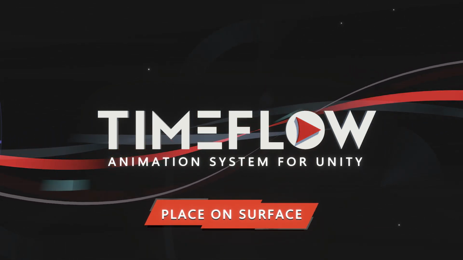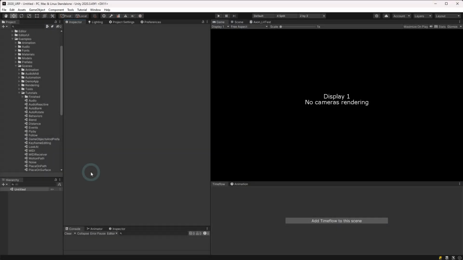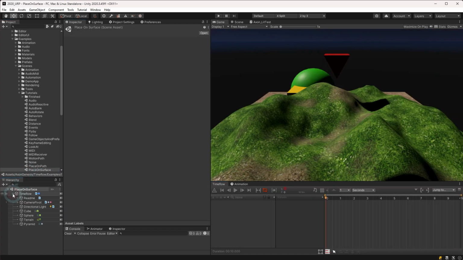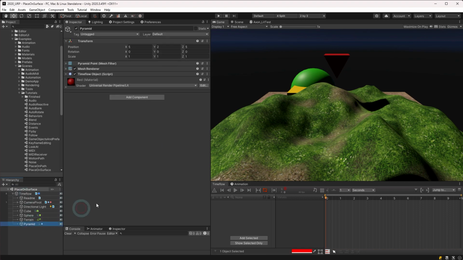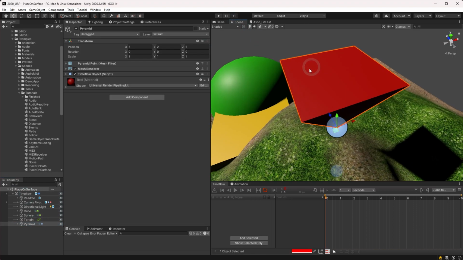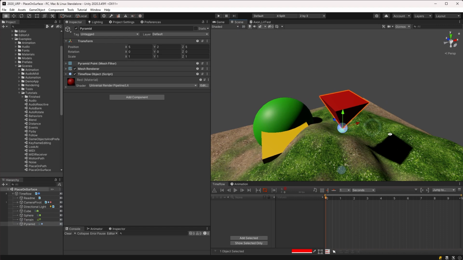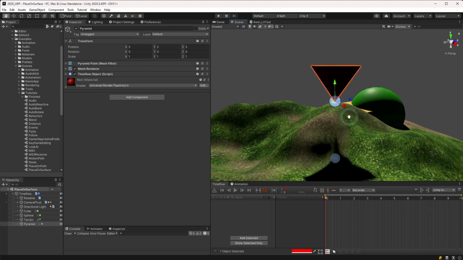In this video, you'll learn how to use Place on Surface to dynamically place objects on terrains and colliders. To get started, let's open the included tutorial scene. For this example, we'll be placing the red pyramid object. This model is oriented upside down with its anchor at the tip of the pyramid, which will help us to